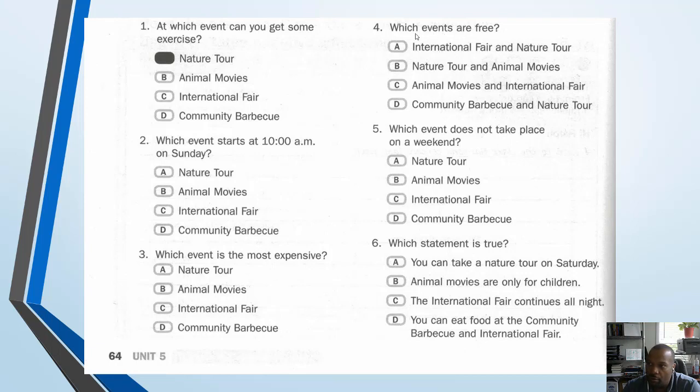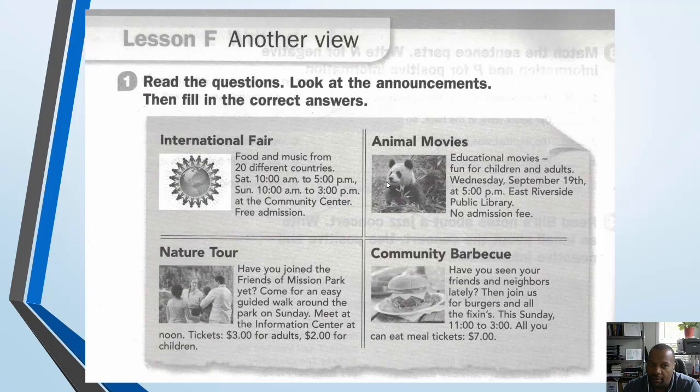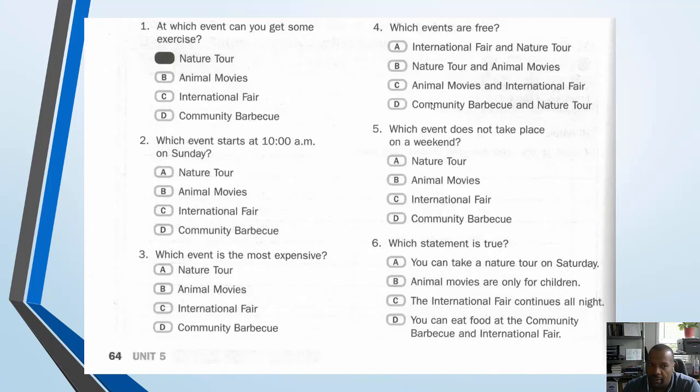Number 4, which events are free? Alright, so we just went over that, right? So International Fair, free. Animal Movies, free, right? So for that, I chose C, Animal Movies and International Fair. Number 5, which event does not take place on the weekend? Okay, so for that one, I chose B, Animal Movies, right?